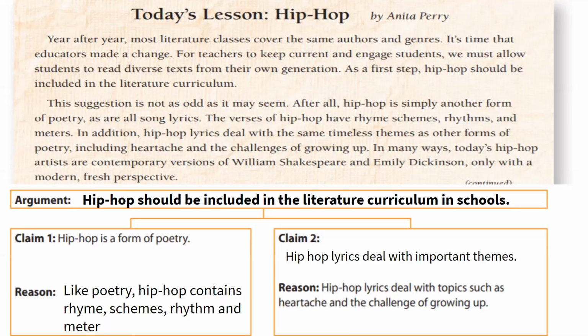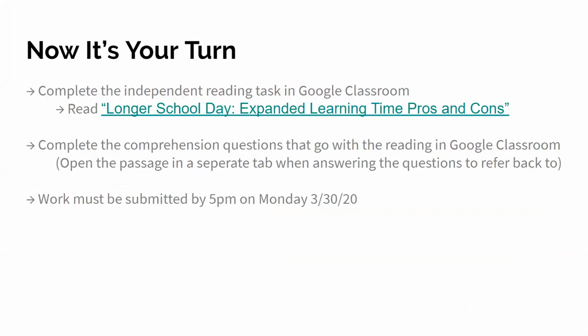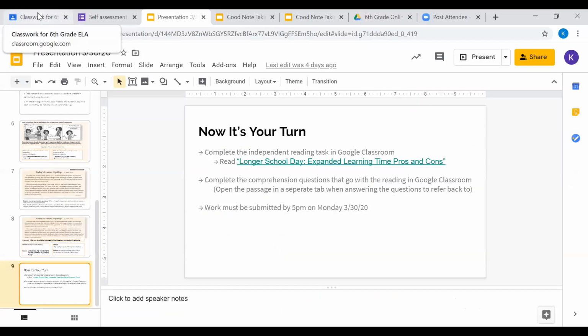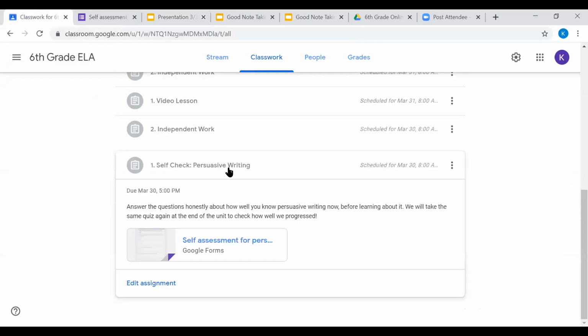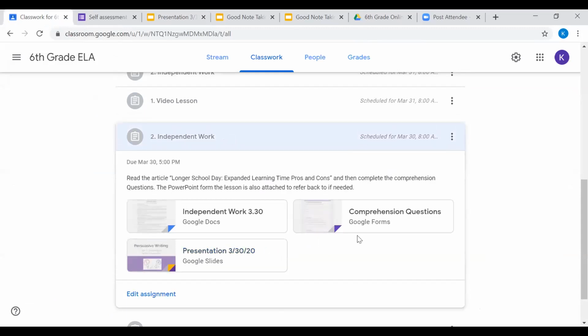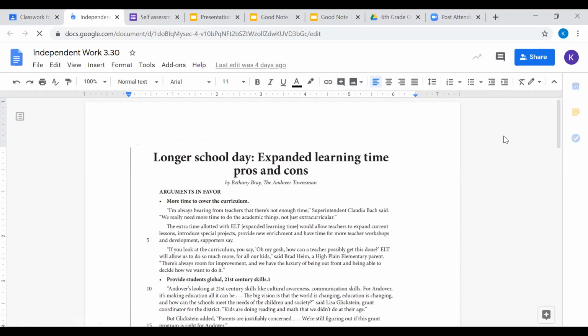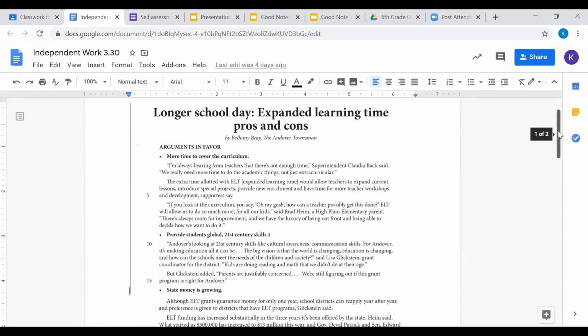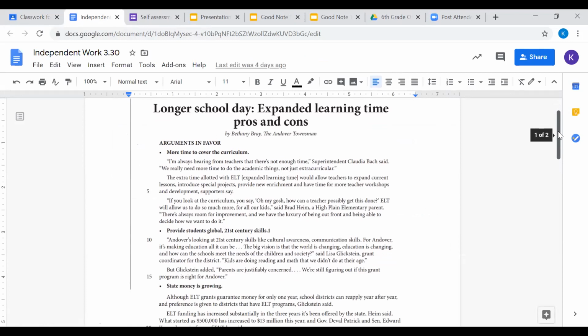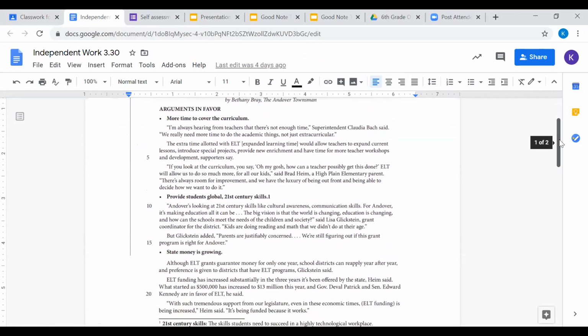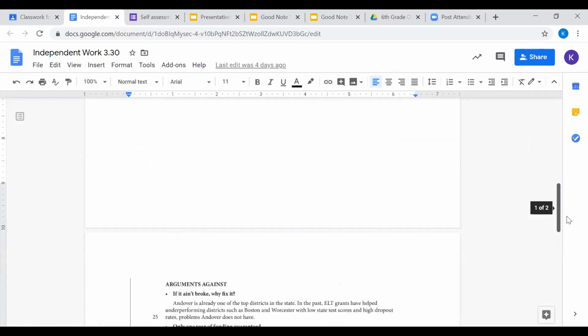So now it's your turn to put this into perspective. You are going to go into your independent task part of Google Classroom. Again, the link is right here on the slide if you need to go back and do it. In Google Classroom, you're going to go into independent work and you're going to see everything uploaded right here. The first thing you're going to do is click on independent work under Google Docs. Okay, and you are going to read the article, Expanded Learning Time, and you're going to determine whether you are in favor or you are against